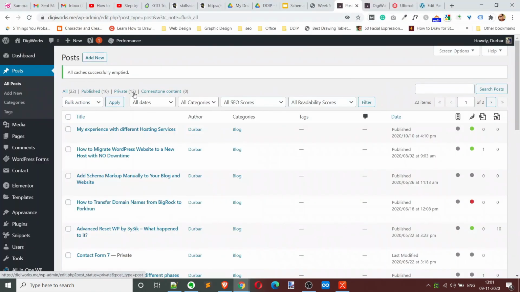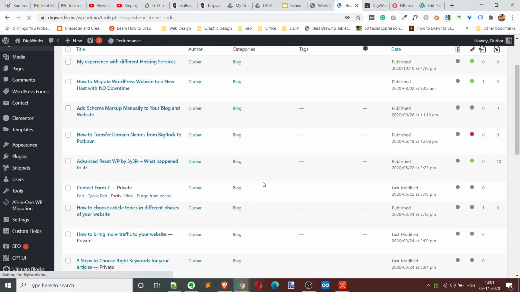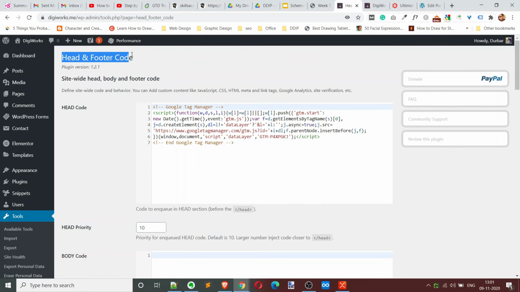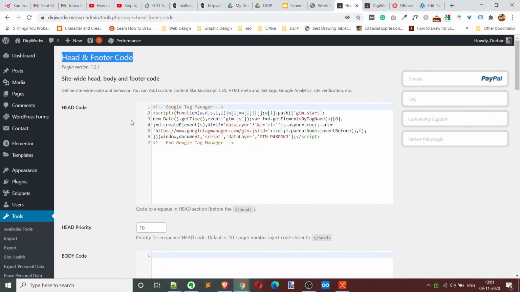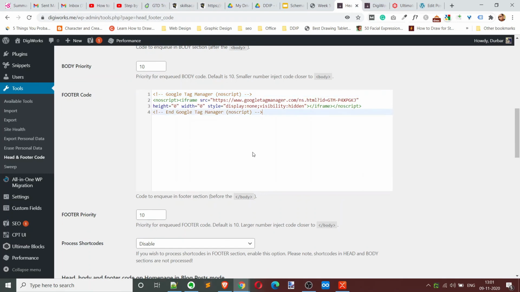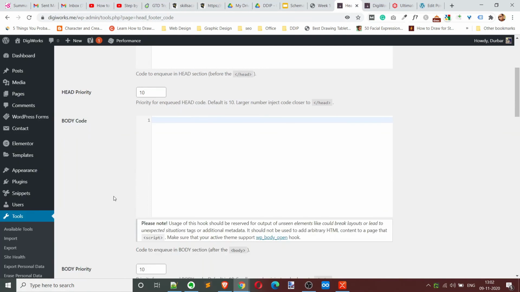And let's say you want to add a schema markup to your entire website. What you can do is, there will be some plugins for header and footer code. So you can add some code in the header and footer section of your entire website, or some sections of your website. So you can add a plugin like that. The one that I use is Header and Footer Code. There you go to the body code or even the footer code, not the header. It should be within the body or the footer. There you can paste the code. If you do that, it will be all over the website. So these two ways you can do.